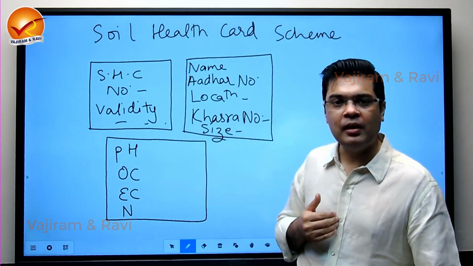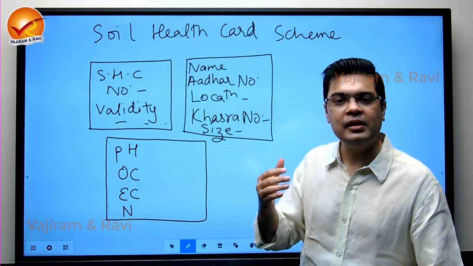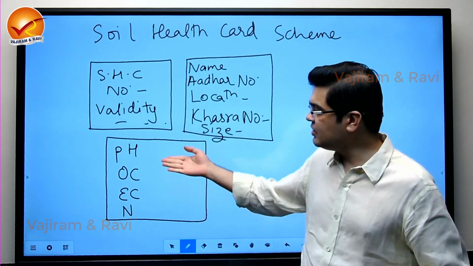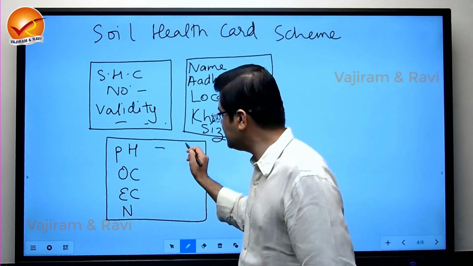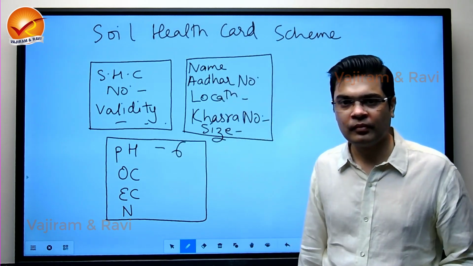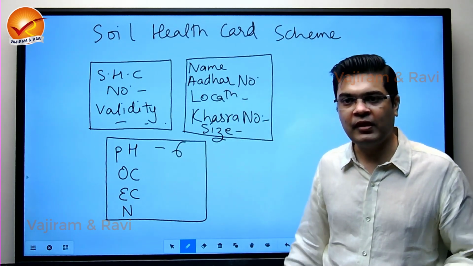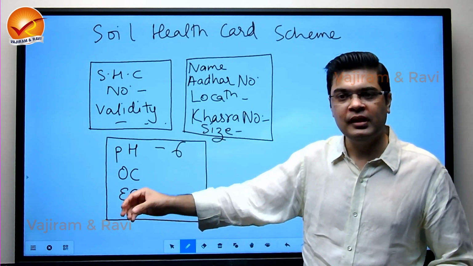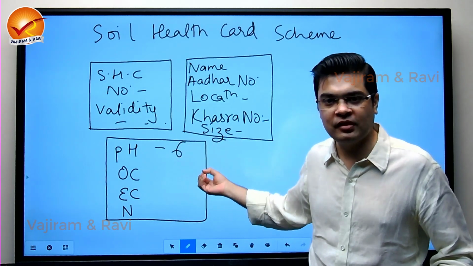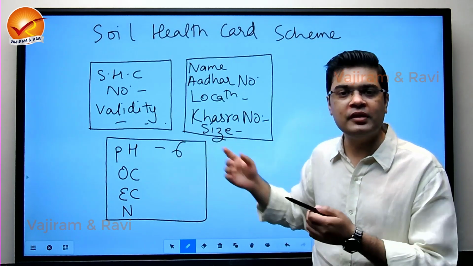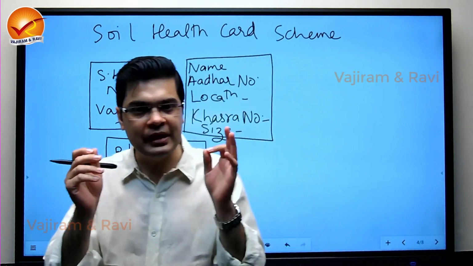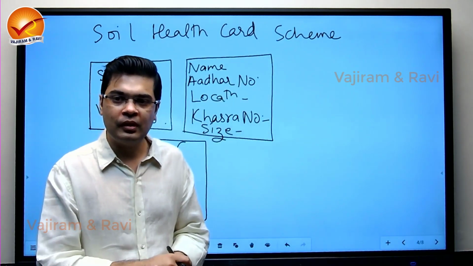But if I'm a farmer and I'm saying that the farmer is semi-literate, how will the farmer understand if I write here the pH value is 6? If I say that you have more concentration of H plus ions in your soil, less concentration of OH minus ions in the soil, the farmer is not going to understand anything. So you have to explain farmer in a simple way.